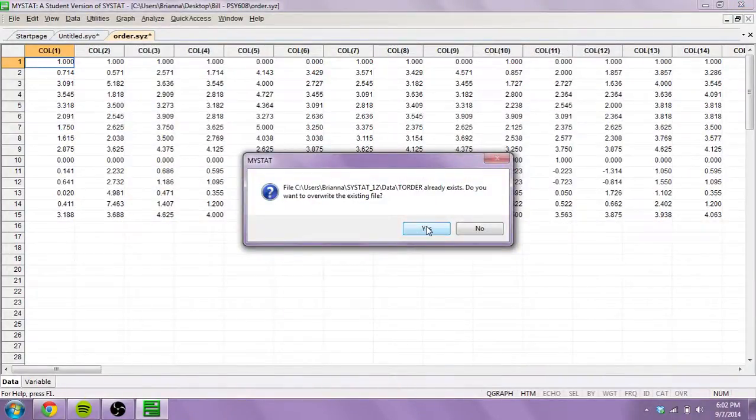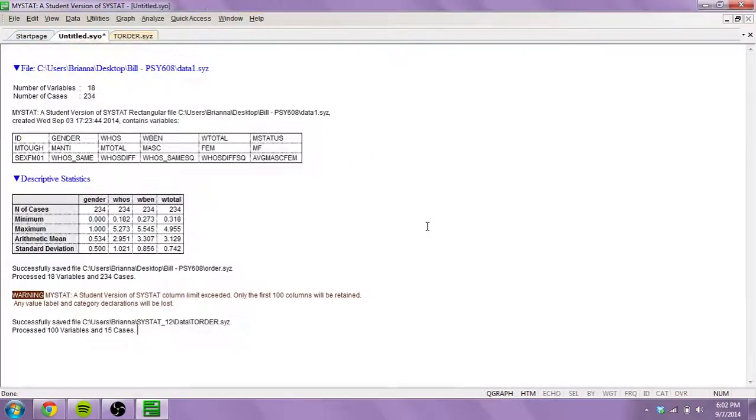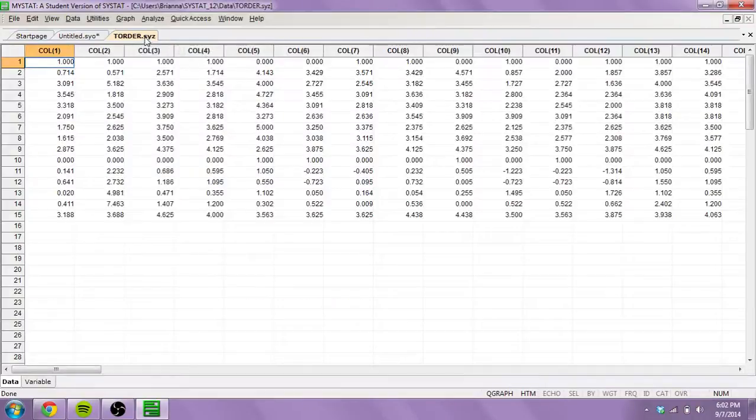I did this before, that's why it's saying overwrite. And we'll just click back to T order. This is our new database, and like I said, each column is going to be